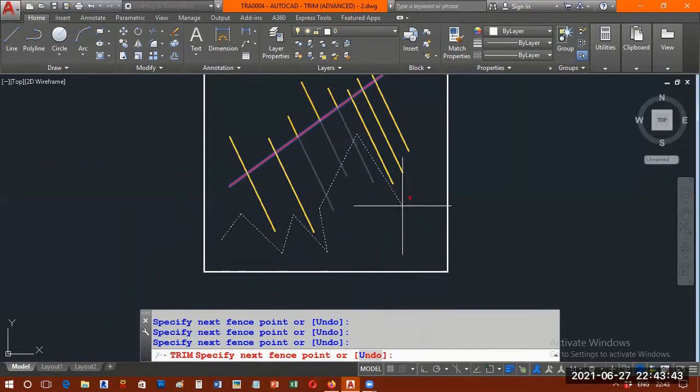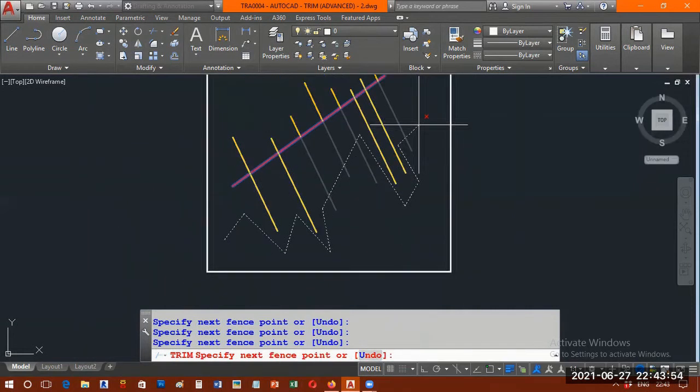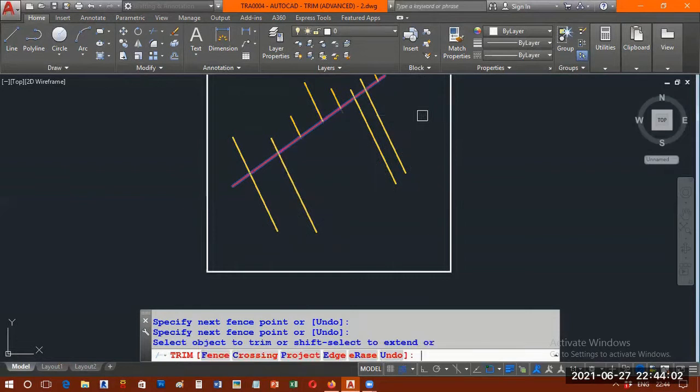Then I come back here, click and go out. I hope you can see the dash or dot line that represents the fence; whatever it touches will be eligible to trim. Select, enter. So it got removed.